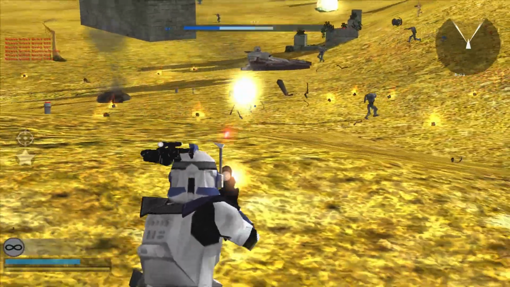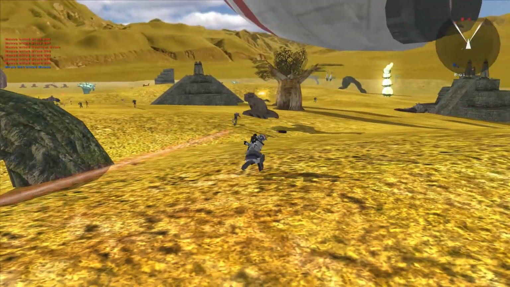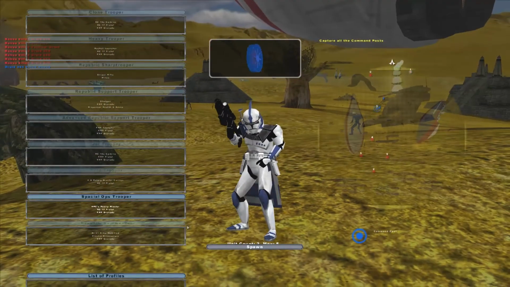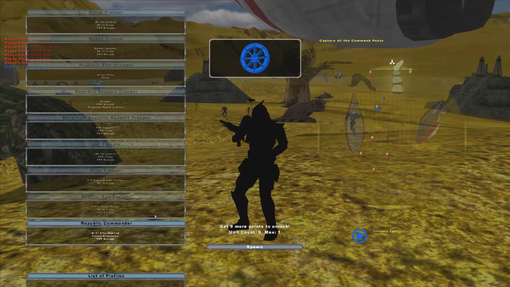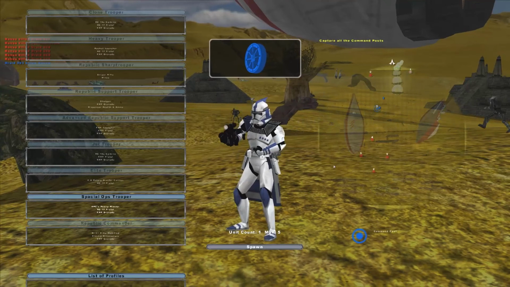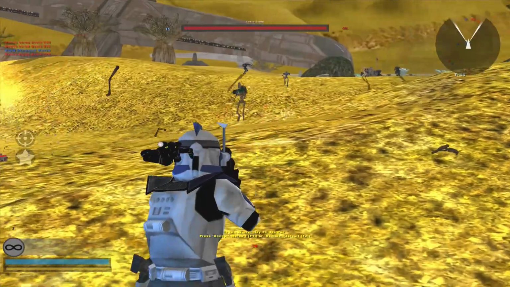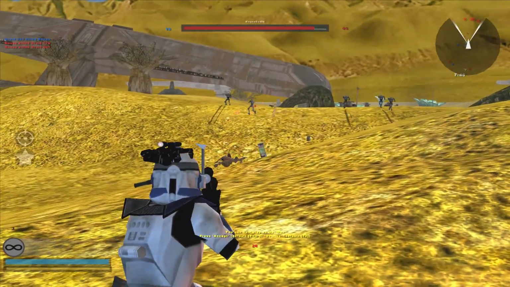We got commando droids too. Always nice to see that. Well, they're pushing back. 9 more. Hostiles have gained a command post. We're literally at the end of the match. We can see if we can get the final...